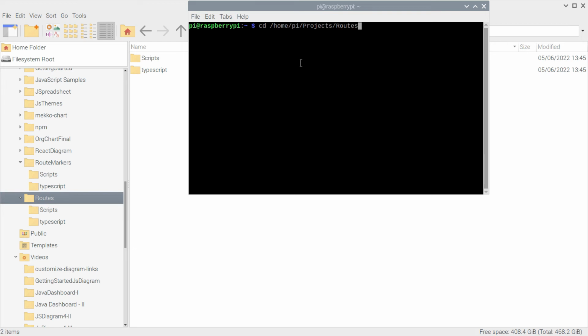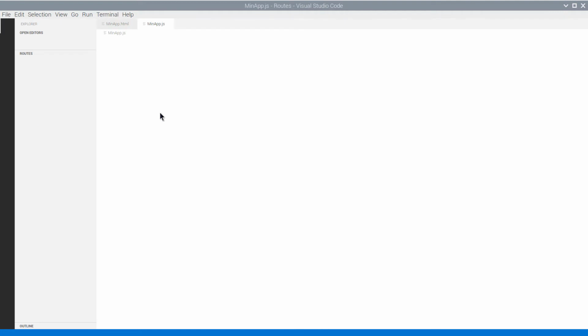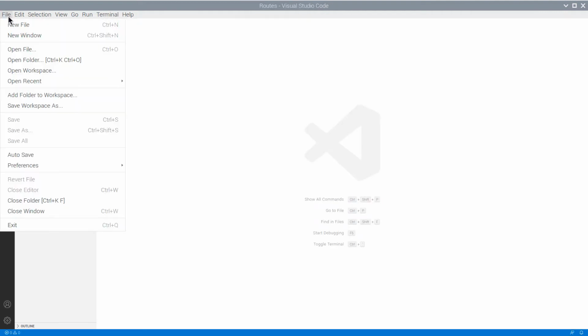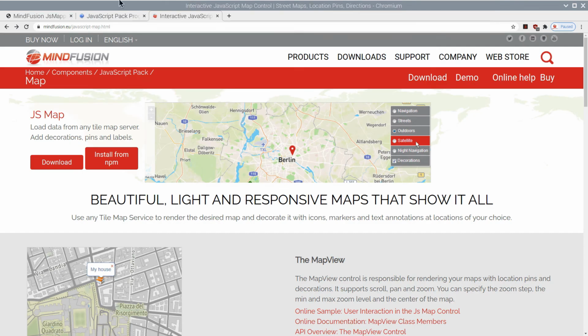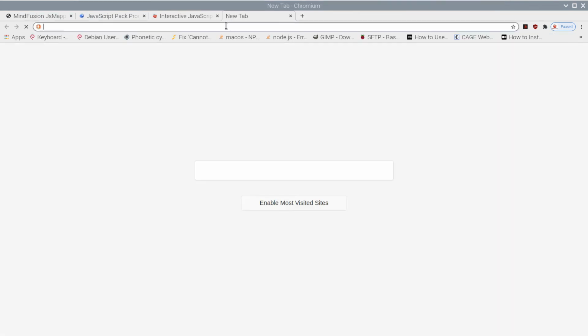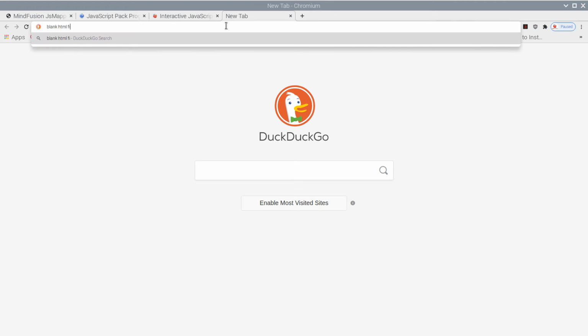Let's open the project folder with VS Code. We will add now a blank HTML file that will host our application.